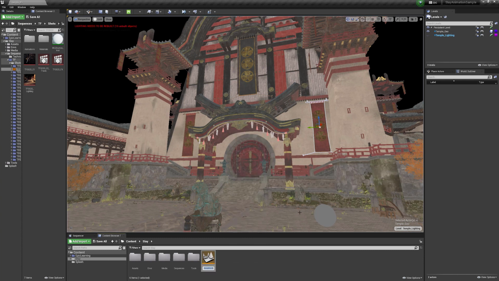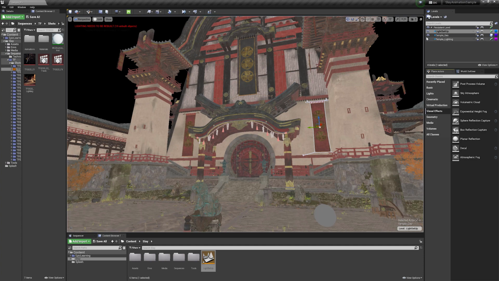If you haven't created a level before, you simply right-click, go to level, and give it a name. I'm simply going to put light setup for now, and I'm going to drag this over to my levels panel. Once it's in the levels panel, we'll want to double click on it and select it. That way, when we go to our place actors and start adding our base lights, we're adding them into the correct level. Essentially, your lighting sublevel, if it's for the environment, should only have environment lights in it. That way, if someone else is to pick up your scene or jump in and start working on it, and they notice that it's packed with geo or there's other items like effects, they'll have a question of whether or not it should be there.